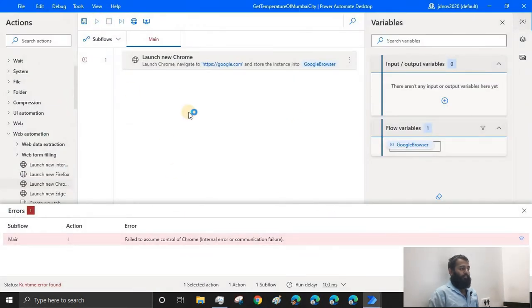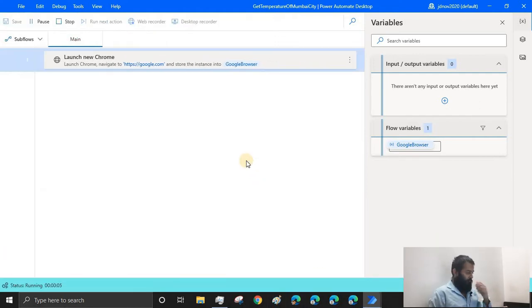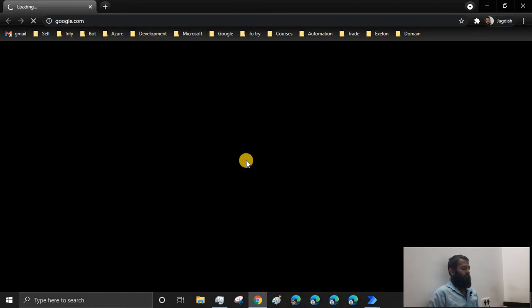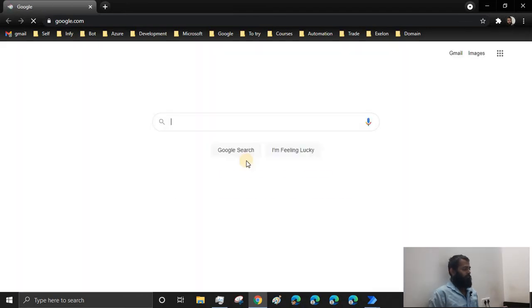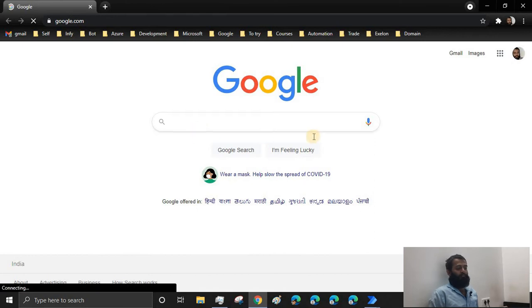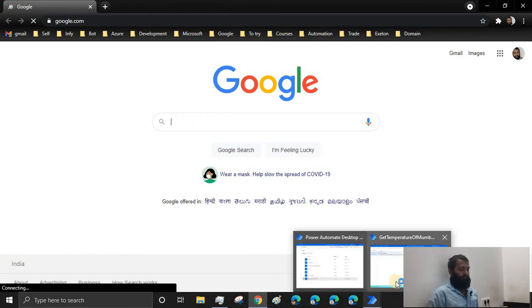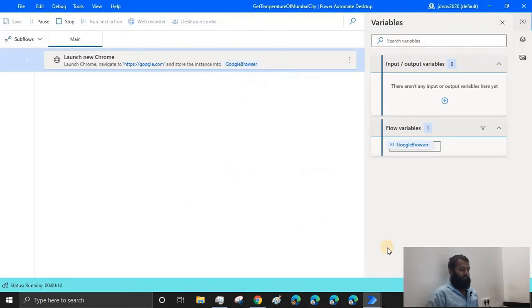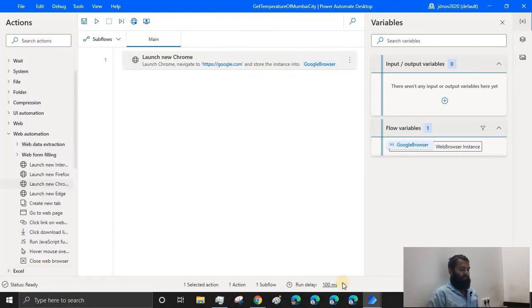In the second run, it won't show this error. There we are. And going back to the Power Automate desktop, here we don't have any error, right?